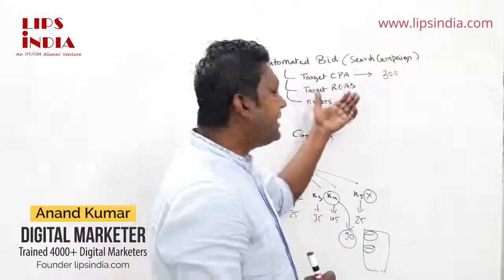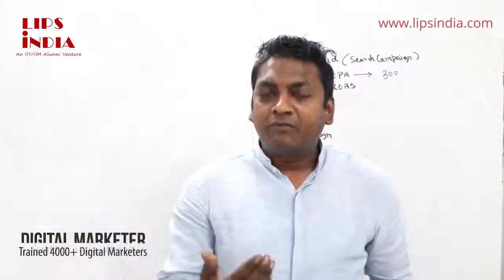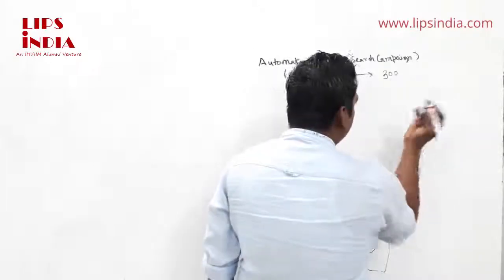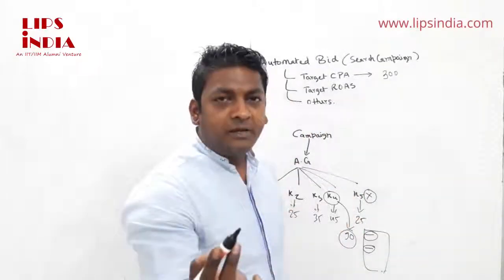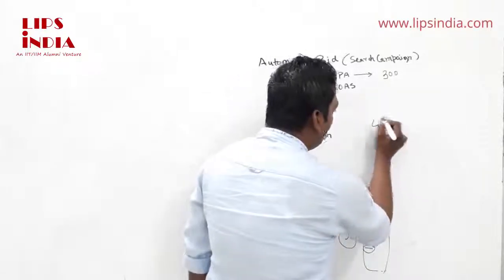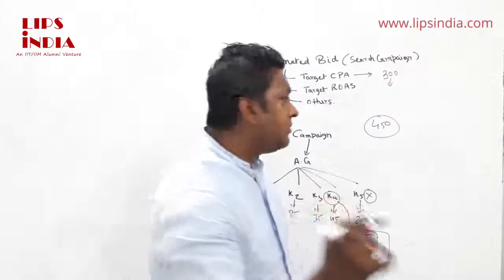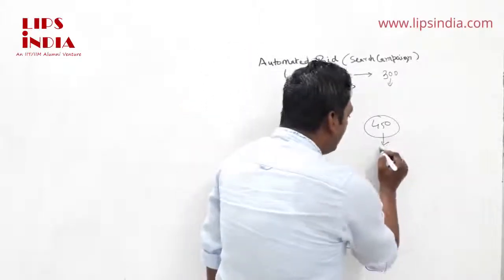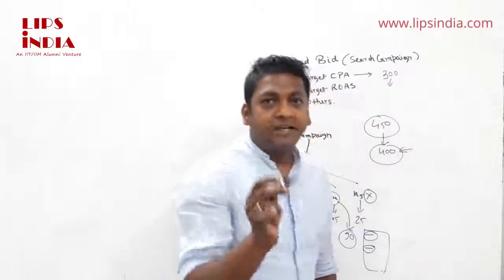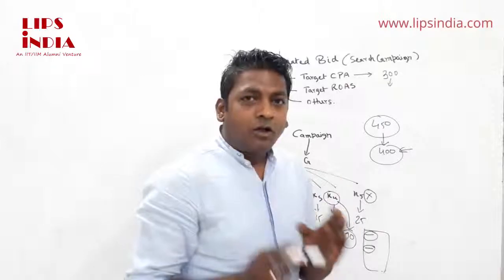However, when you're looking at a target CPA bid, and let's say the Google algorithm works better for you in terms of lowering this CPA cost. So let's say while you were manually bidding yourself, your cost per acquisition was something like 450 rupees, and you set a target of 300 rupees for Google. Google might be able to get this conversion to you at 400 rupees. But this does not necessarily mean that your campaign is optimized, because you will also have to look